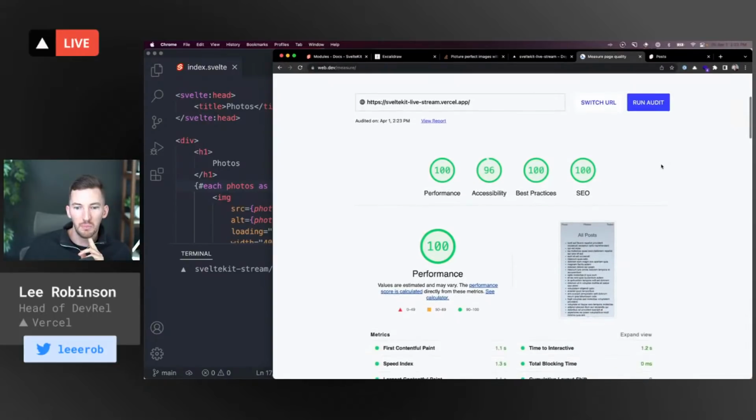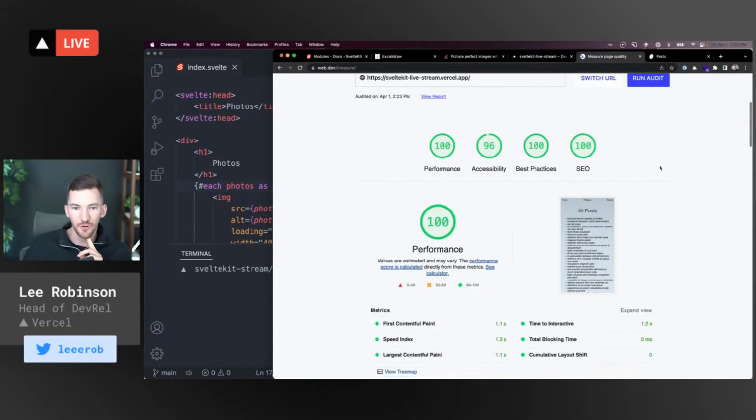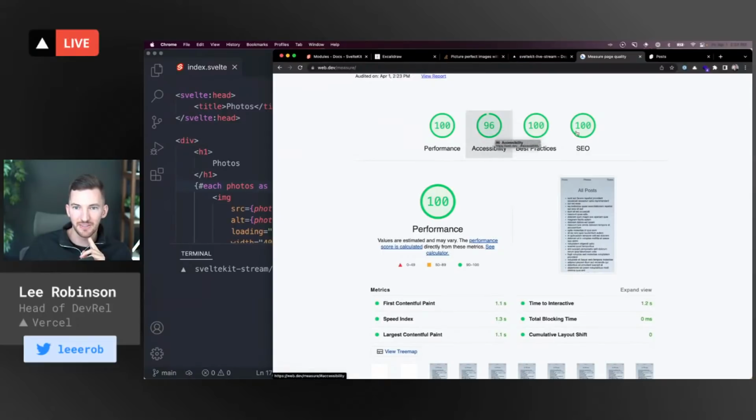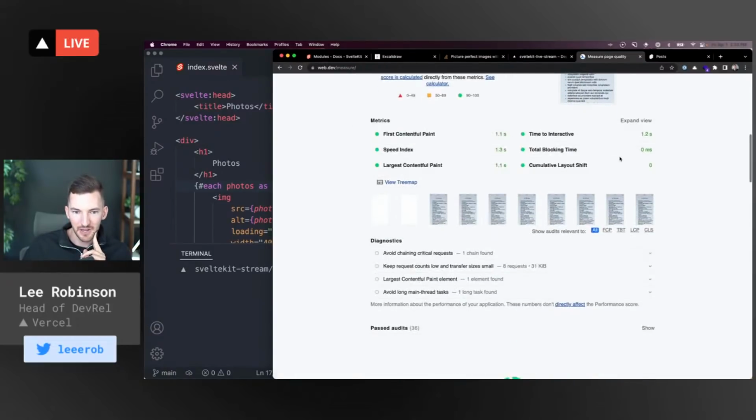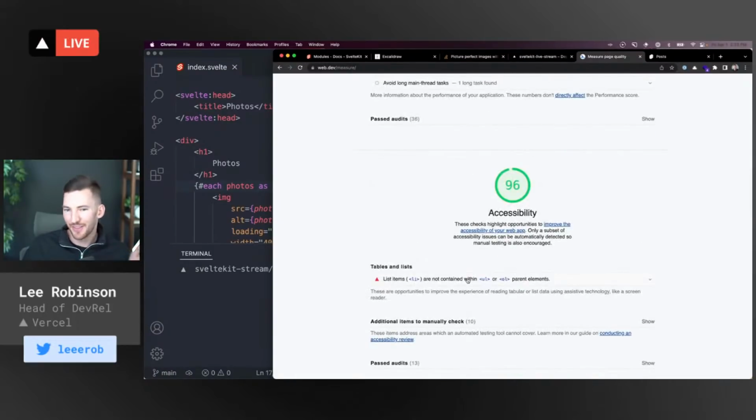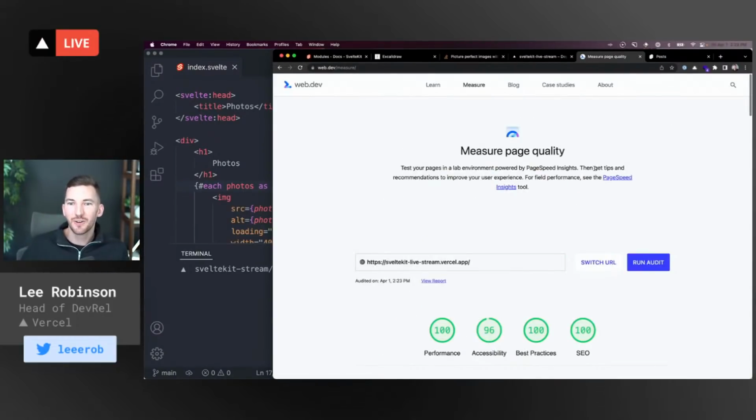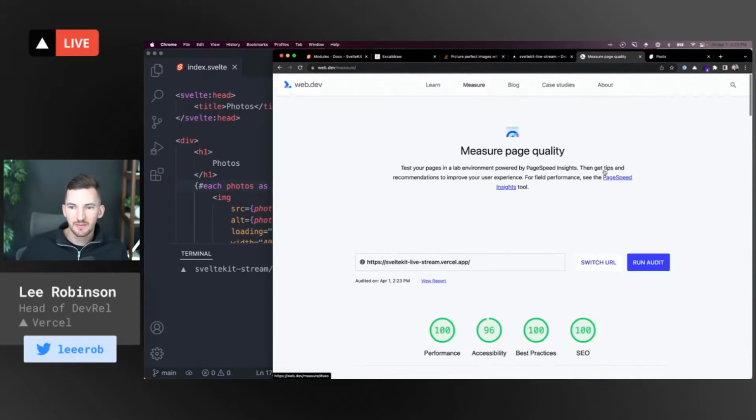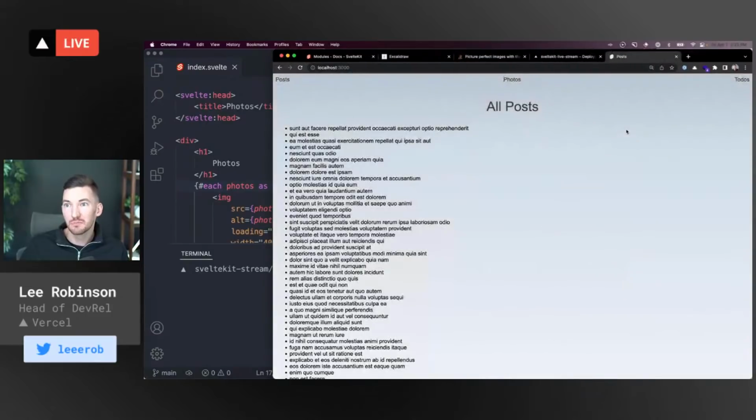But yeah, really good performance without having to do anything. The accessibility is definitely my, I probably forgot an alt tag somewhere. Oh yeah, the list items in the nav that I didn't put inside unordered or ordered list. So basically, out of the box, it's helping me get really good performance by providing a really good developer experience too. So that was